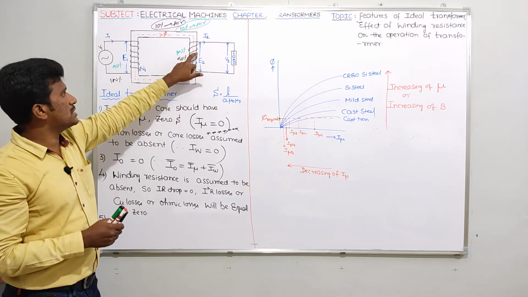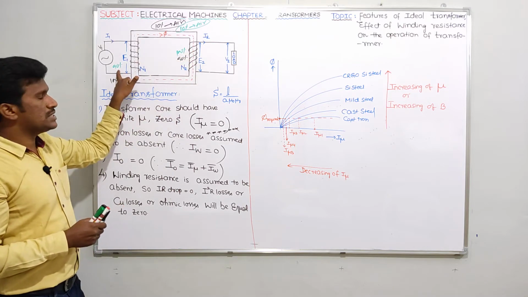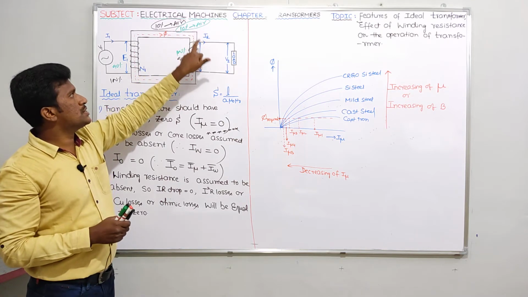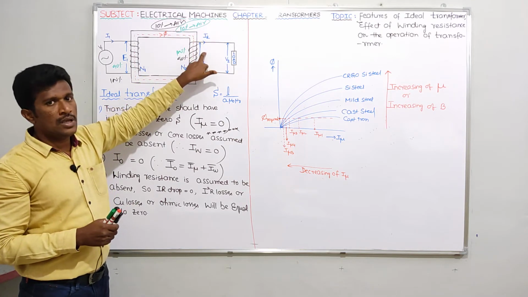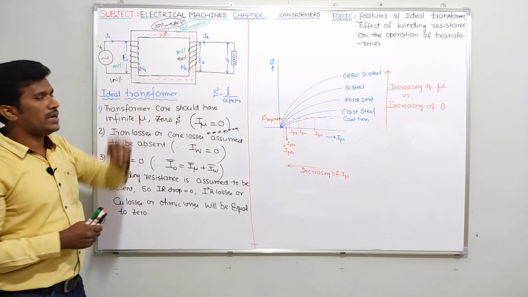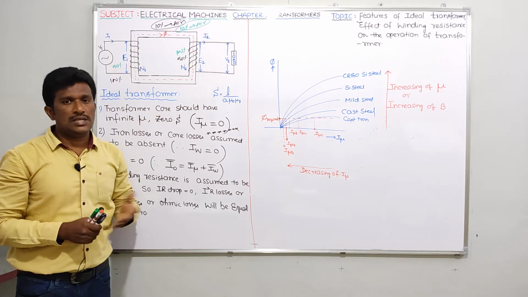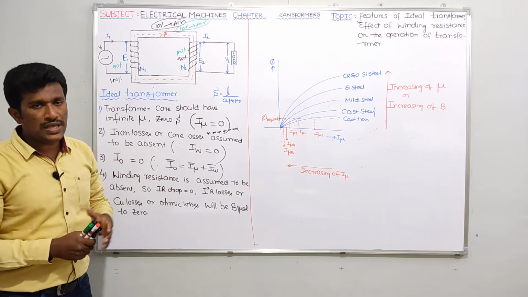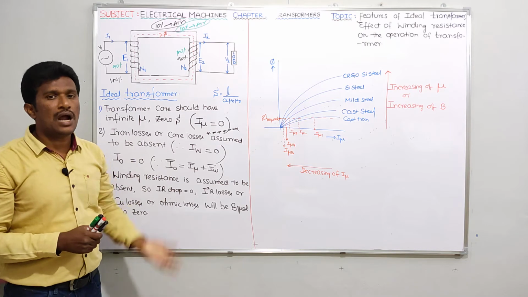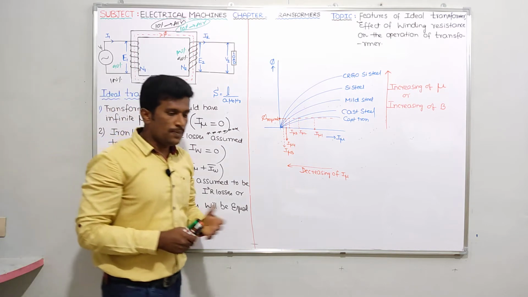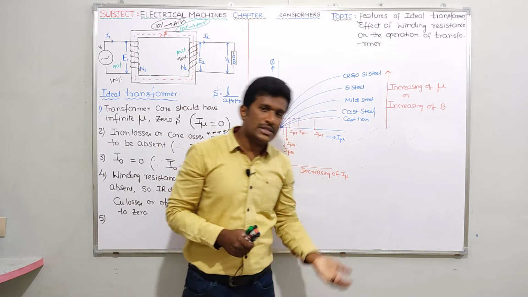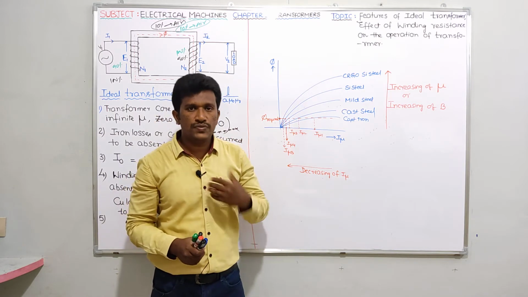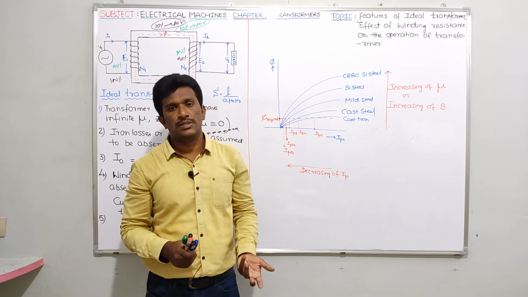Similarly, from here 100% flux started. So it is 90% flux only reached here. Remaining 10% is taking part of the air. This 10% flux started here. That means it links with secondary winding. It won't come and link with the primary winding. That flux can be called leakage flux. So leakage flux is nothing but flux which links with either primary or secondary, but not both. Suppose if flux links with both primary winding and secondary winding, that flux can be called a mutual flux, or I can say useful flux, or working flux.